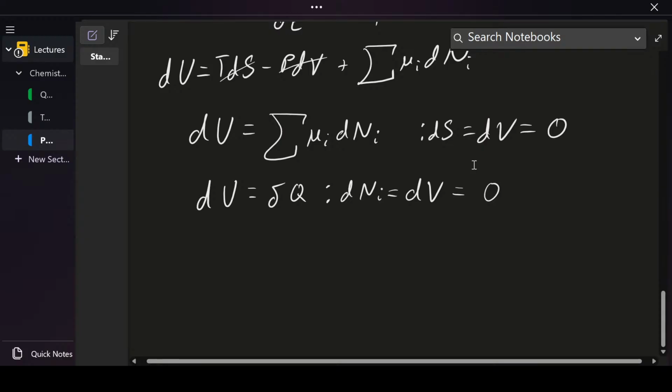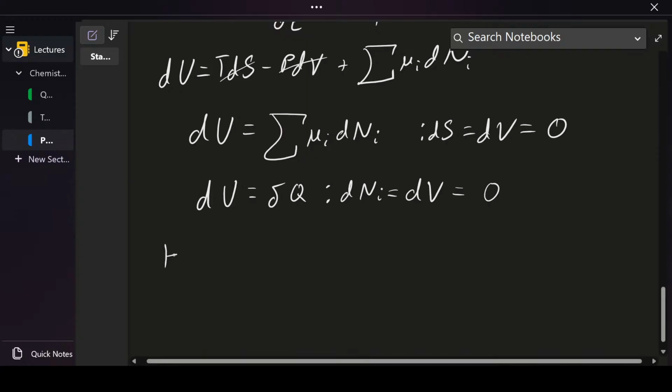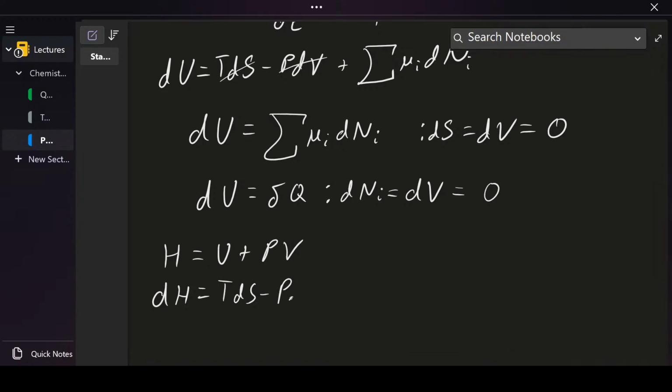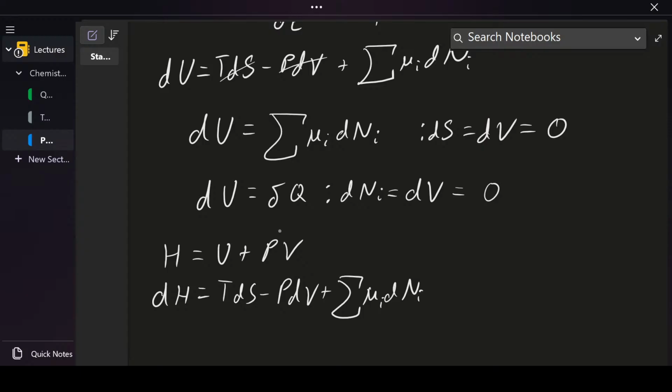Now for a chemical reaction, oftentimes keeping the volume constant is quite difficult because I've often got gases produced which are expanding everywhere. And so instead, what's quite useful to define is the enthalpy. So I say for H, the enthalpy is equal to U plus PV, such that when you take the derivative of H, or consider a small change in H, dH, this is equal to dU, which we can expand out, TdS minus PdV, plus my chemical potentials,